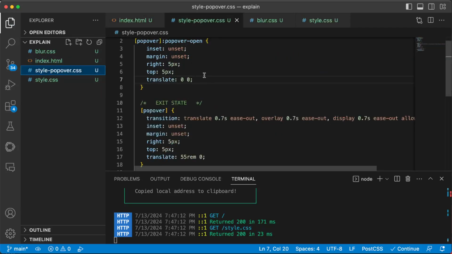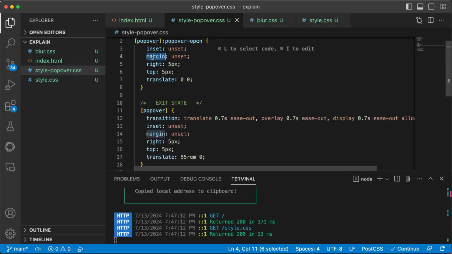So we have here our attribute popover, and it has the popover open property on it. Here I'm saying that inset would be unset, because standardized it has a value. Same thing with margin. Margin is set to auto. That's the reason why we get it into the center of our